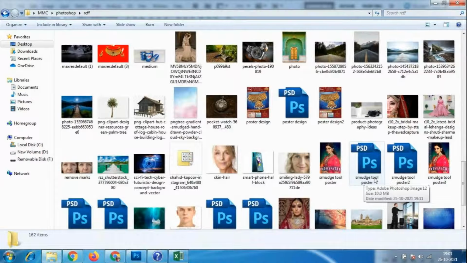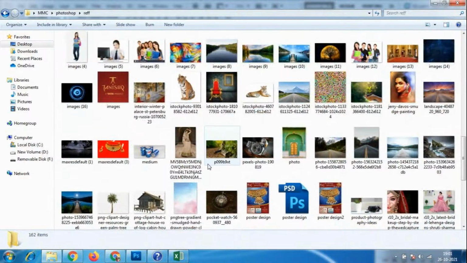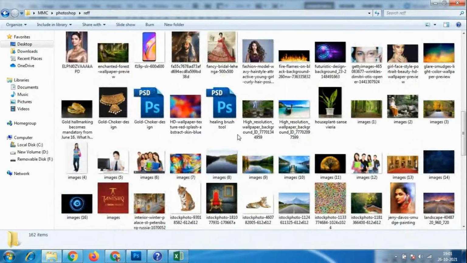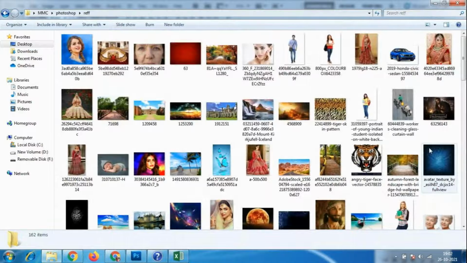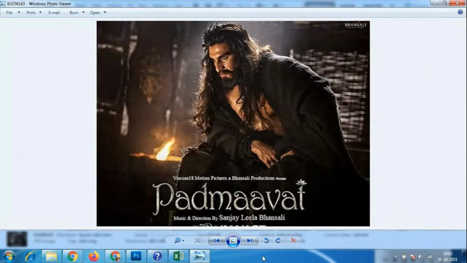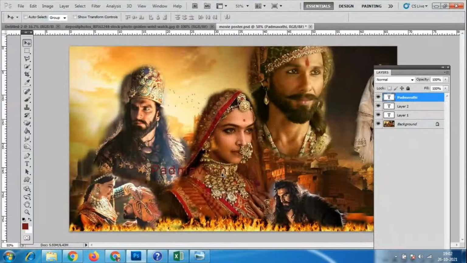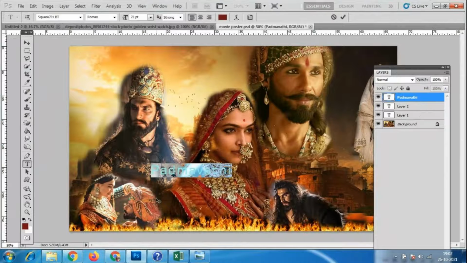It's Padmavat, ma'am, not Padmavati. It's Padmavat. Okay. Padmavat.